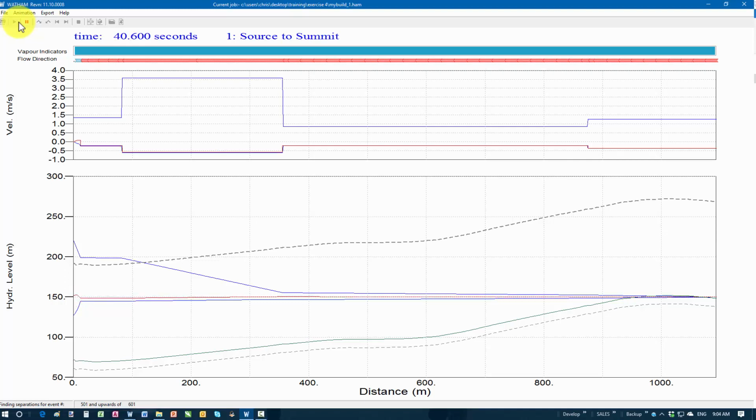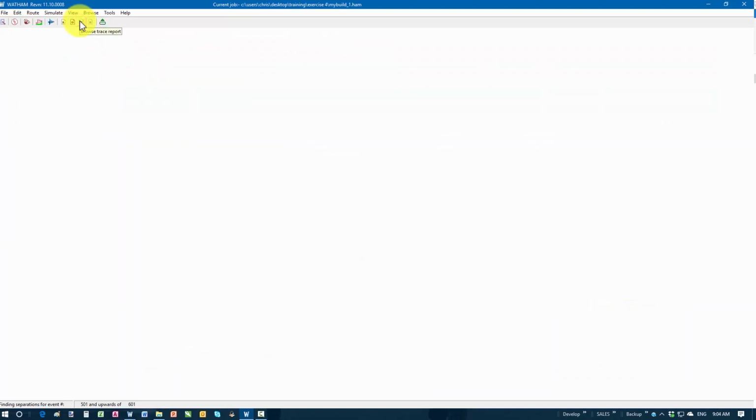The transient head envelope is quite acceptable. Closing that hydraulic grade line,